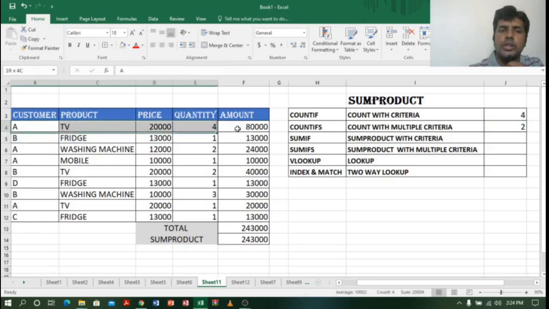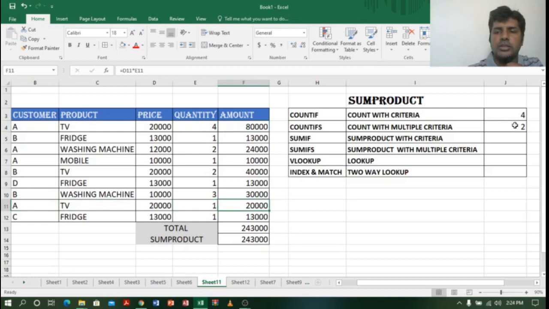One is the first transaction, and the second one is the eighth transaction. The first transaction is A TV, quantity 4 and amount 80,000, and the eighth transaction is A TV, quantity 1 and amount 20,000. Nice. So we got the answer 2.